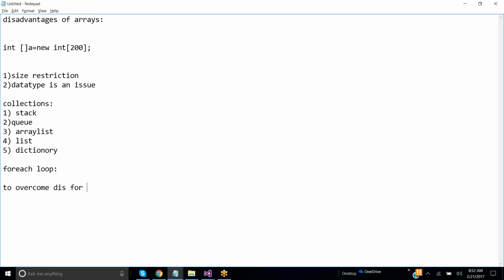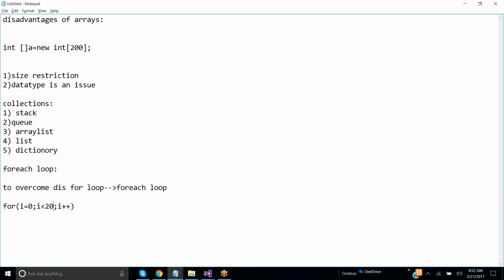To overcome the problems in the for loop, we got the foreach loop. Do you understand? Yeah. Now, what is the disadvantage of the for loop? First, we need to know. See, if I take i is equal to 0, i less than 100, i plus plus, how many times will the loop repeat? 100 times. If I want 1000 times, I have to change the code and put 1000 again. If I want 20 times, I have to change the code and put 20. Who will change the values? This is not dynamic.